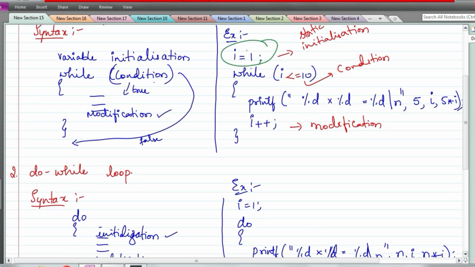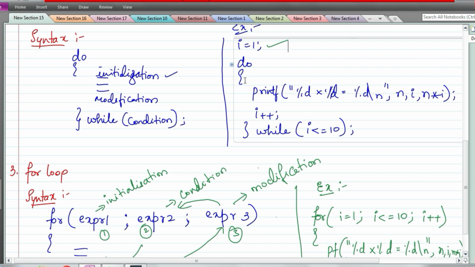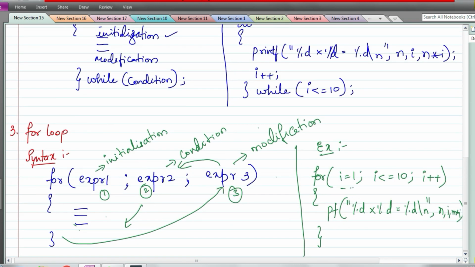So this initialization part is present here itself, and then condition is given along with while, that is present here, and the modification part which is written inside the while loop, so that modification part is written here. Okay, so this is your for loop which does the work in a very short compact form. So these are the 3 loops that we have.